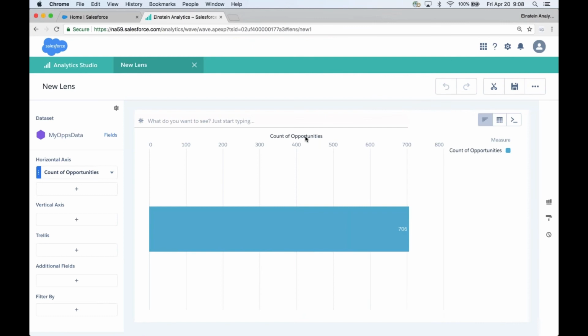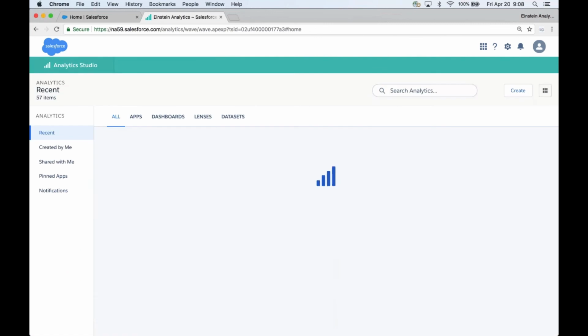And when I exit out of this interface, you can see now, instead of count of rows, I'm looking at count of opportunities. Now, that was a very specific tactical set of tasks you had to go through. That's what you have to do to enable this. I just wanted to show that to you because if you had not seen that, it's unlikely you'd be aware that that feature is available. And it's certainly helpful to see that we're counting opportunities rather than just rows or whatever the object name would be. So now